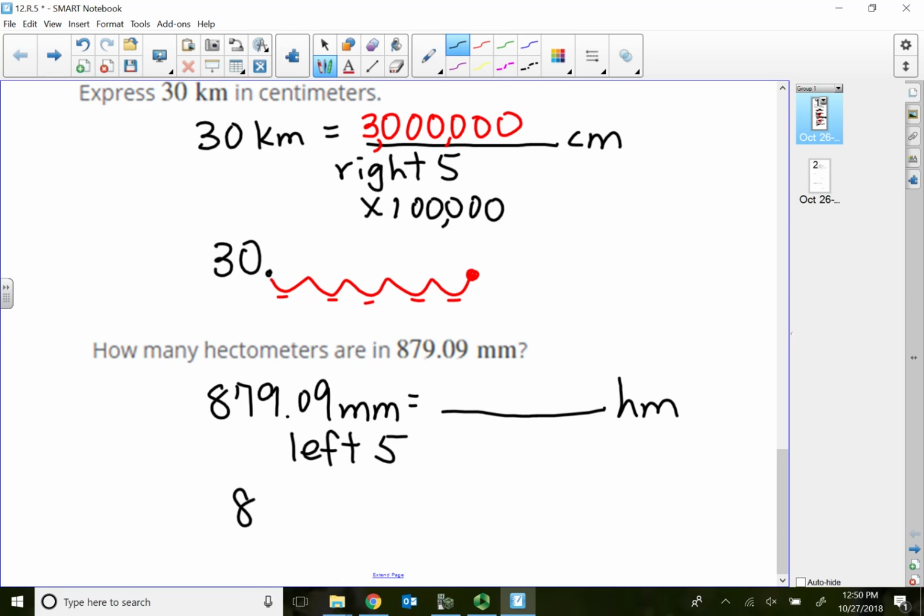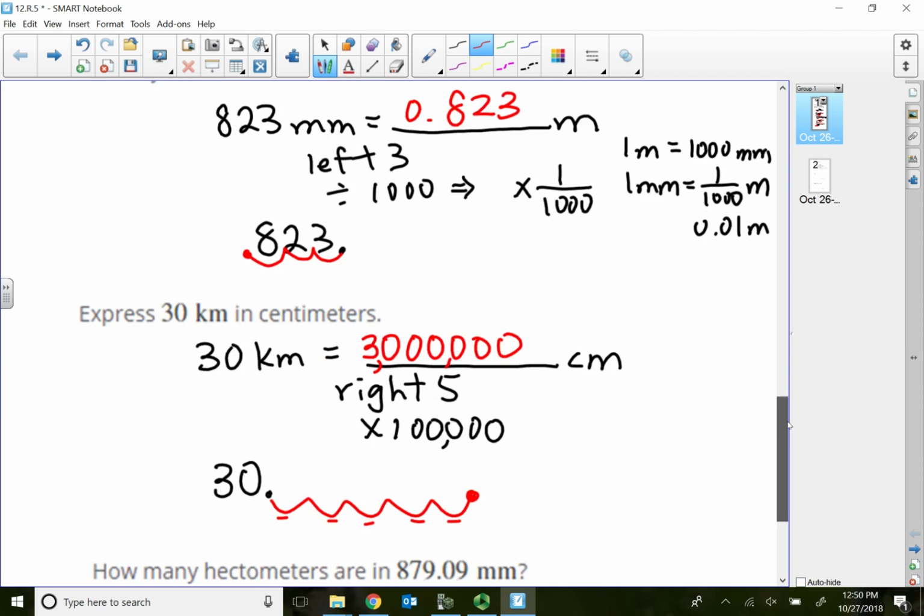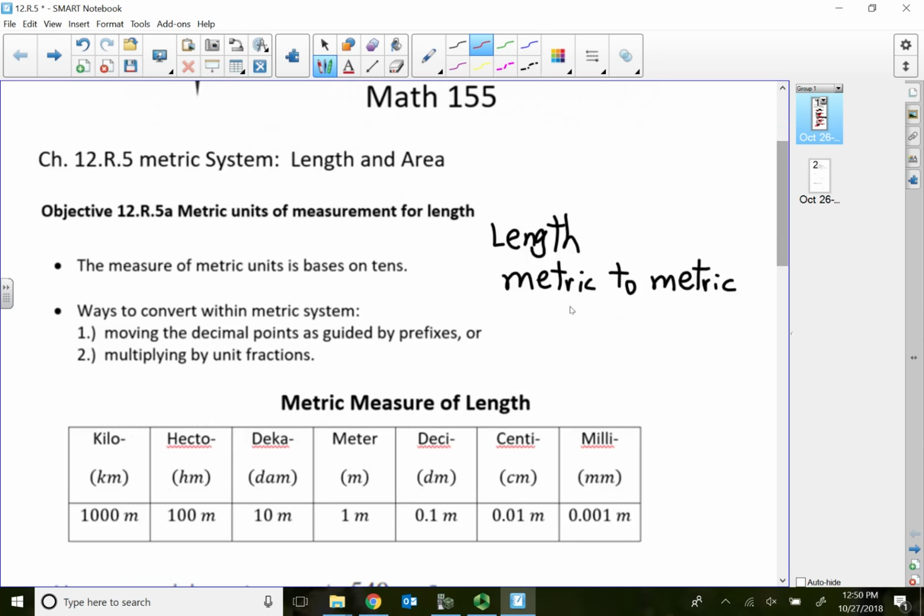So for 879.09, 5 places to the left. 1, 2, 3, 4, 5. Decimal is here. There's 2 empty slots in front of the 8. So my answer is 0.00, 2 empty slots, put my 0 in, 87909 hectometer. All right. So the easiest way to convert between metric to metric for length, weight, and capacity is